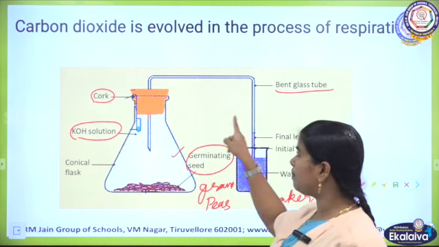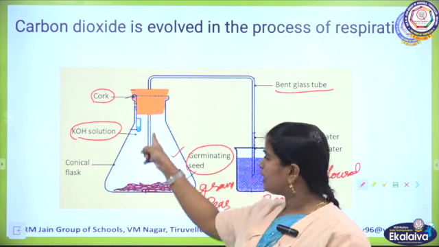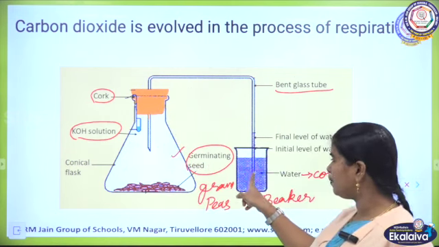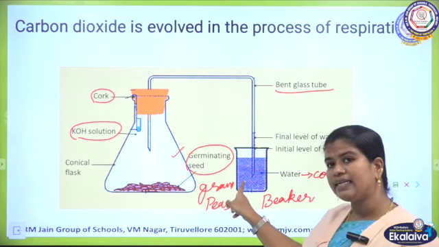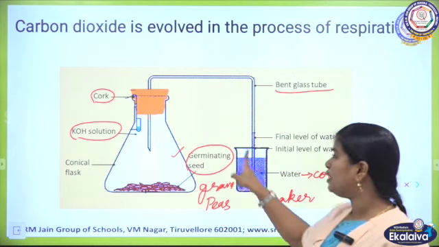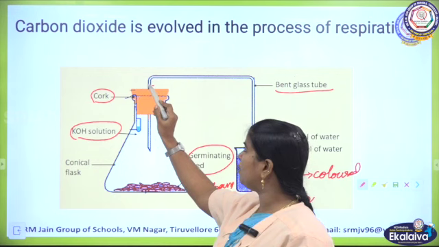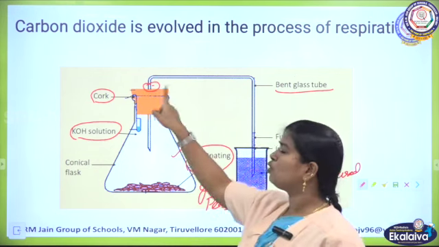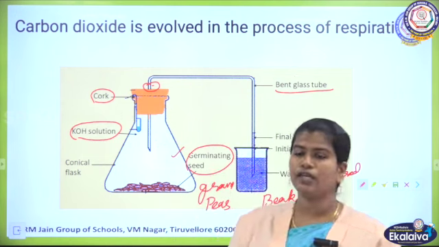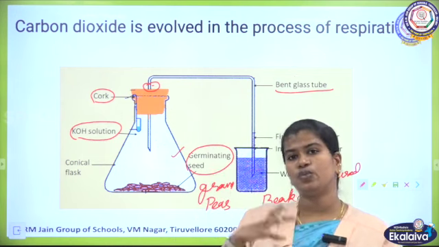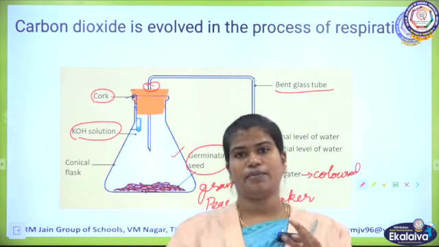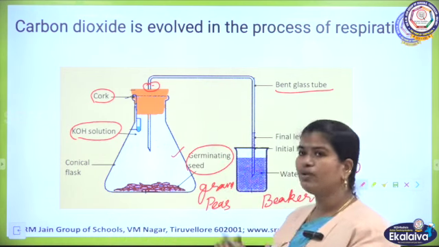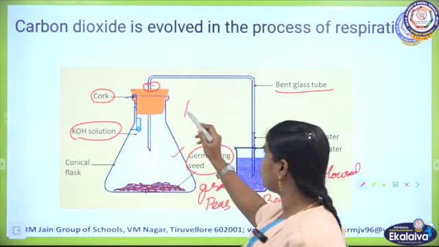One end of the bent tube will be set inside the conical flask and the other end will be in the beaker which carries the colored water. Now, with the help of wax or Vaseline, you are supposed to close the entry point of the conical flask, which will avoid gaseous exchange. And you need to leave this setup for about 1 hour,